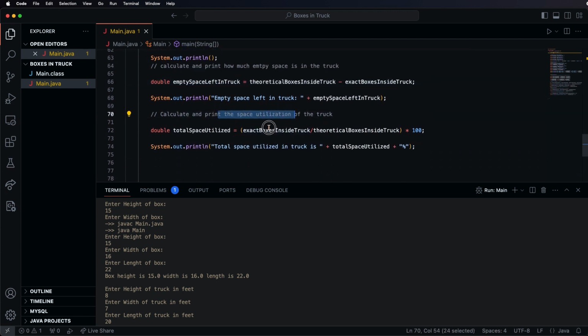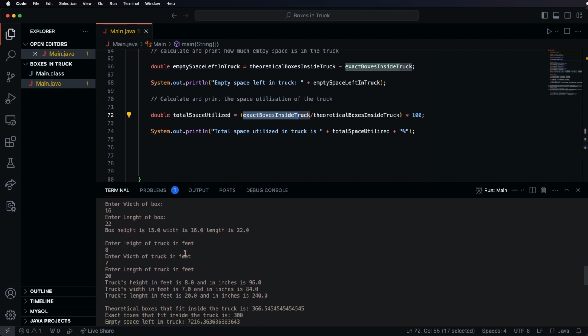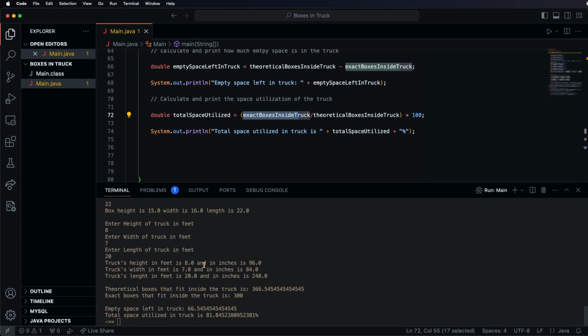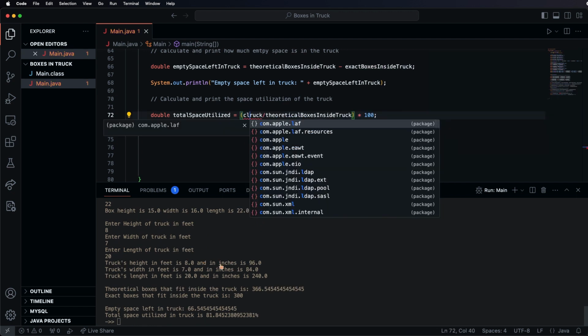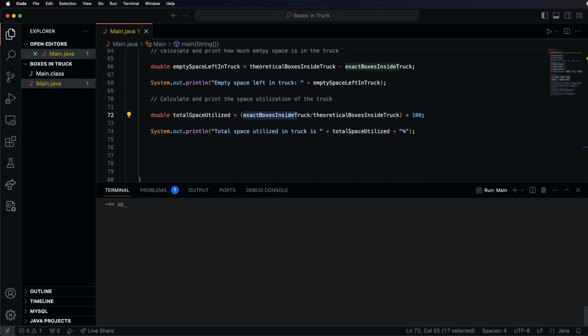Then we also take the space utilization by dividing the exact by the theoretical, multiplying that by 100, and that gives us a percentage of how much space has been utilized. And now we have all the components of our program. I can actually clear this up, the terminal. I'm going to run it again, javac Main.java